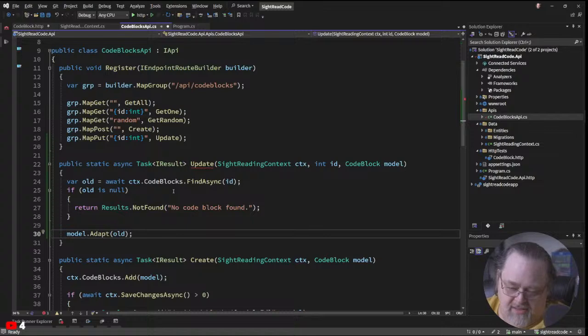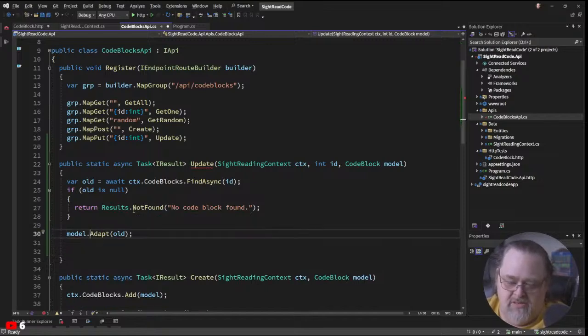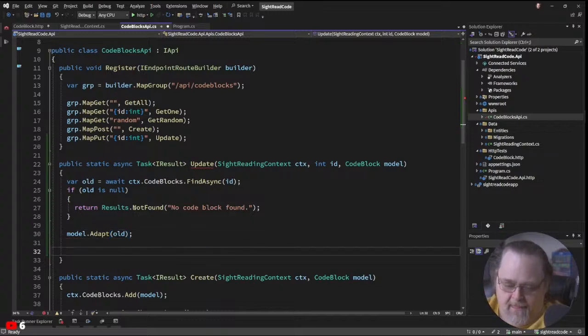So we're going to take this data and map it here, and this won't return anything because it's changing it in place. You'll see some other places where people will use adapt to map it into a new object, and that's not what we're doing. And by making those changes, because we found it from the context, it's tracking those changes. And so we can now do if context.SaveChangesAsync